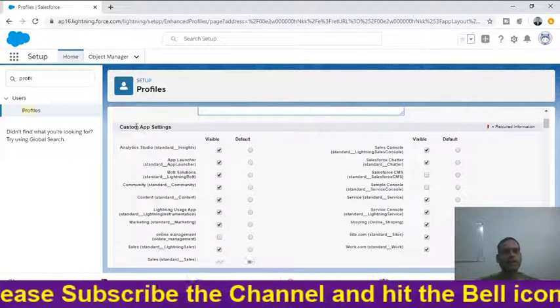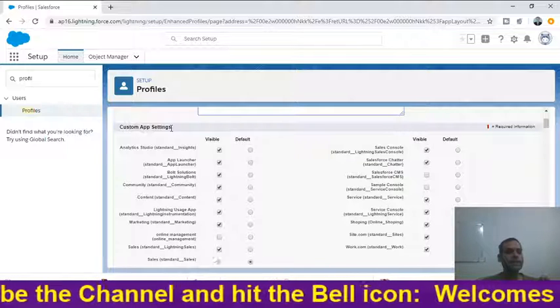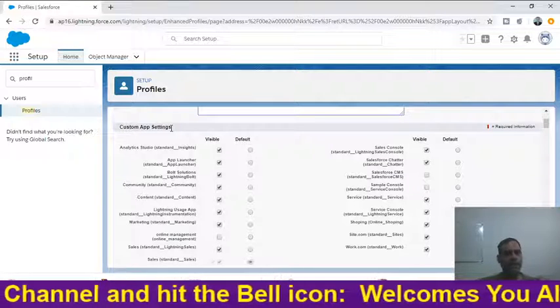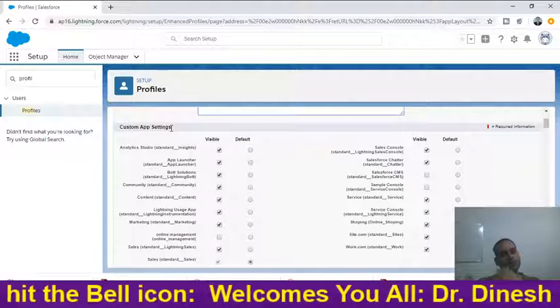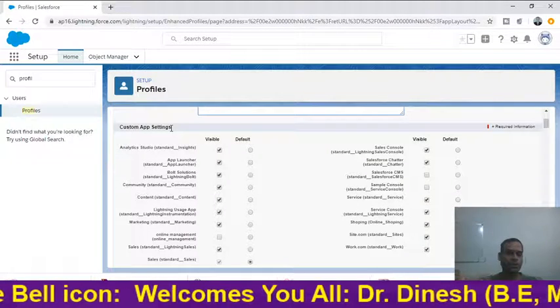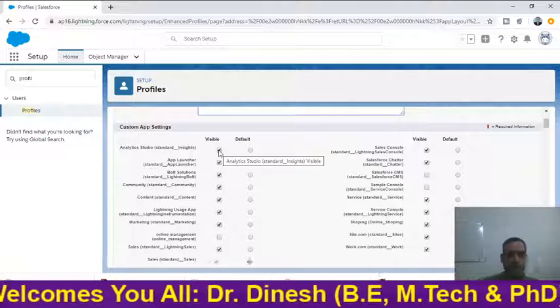Now this is the custom app settings, which means how many applications you want to be visible to the particular users or particular profile. How will we do that? We just simply click.